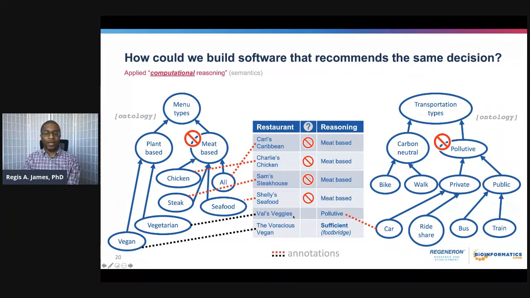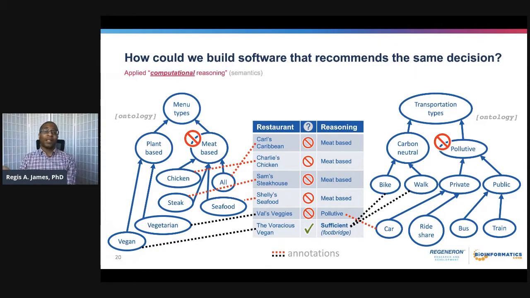So either you take a long time, which is unacceptable, or you have to use a car, which is unacceptable by this ontology elimination here. So now we know that Val's veggies is invalid too because it's pollutive, which leaves only one option, the voracious vegan, because it has a footbridge that allows Kai to get the lunch and then come back within a reasonable